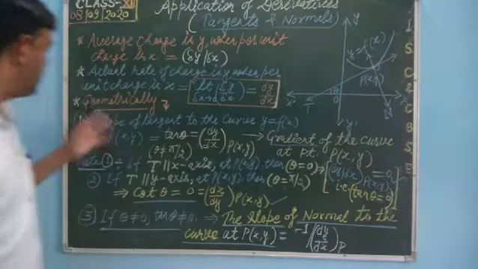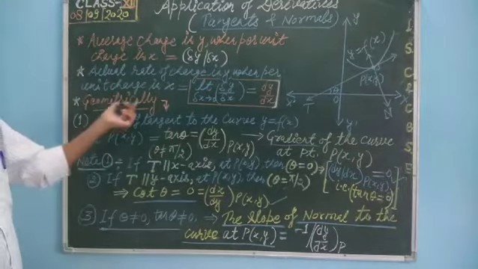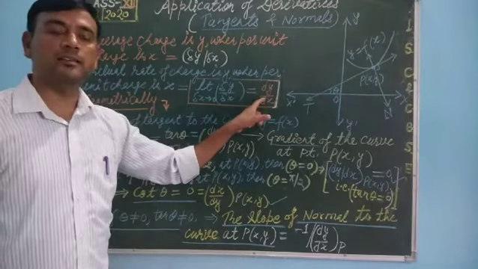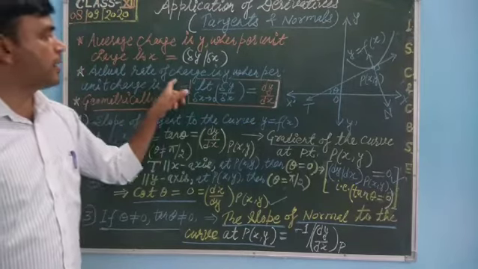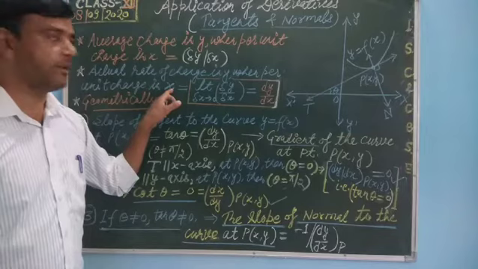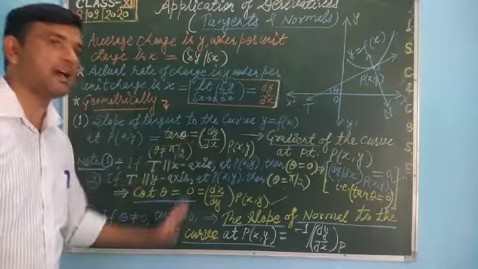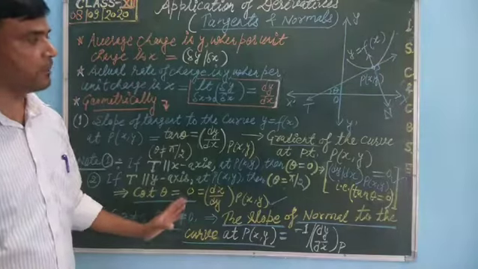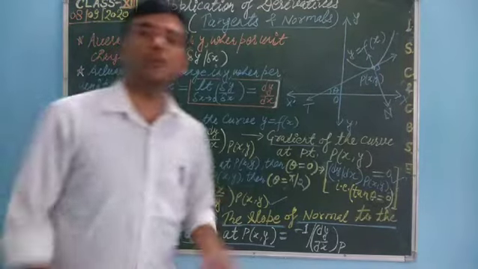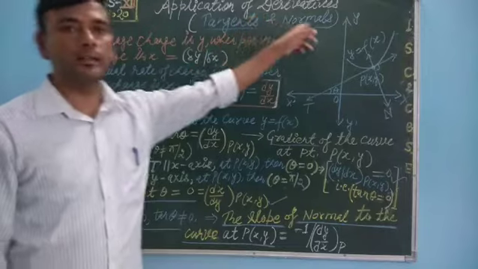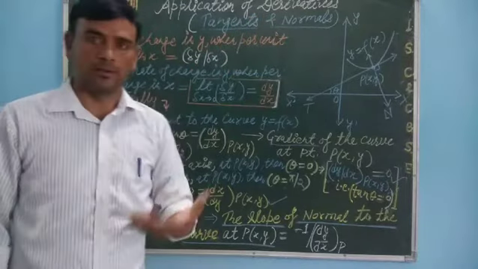So these three points are the geometrical interpretation of dy by dx, which is the instantaneous change in dependent variable y with respect to independent variable x. The earlier portion has been removed, but this portion will be asked in your final exam. Okay, so keep this in your mind. We will discuss some questions regarding tangents and normals and their equations further. Okay, thank you.